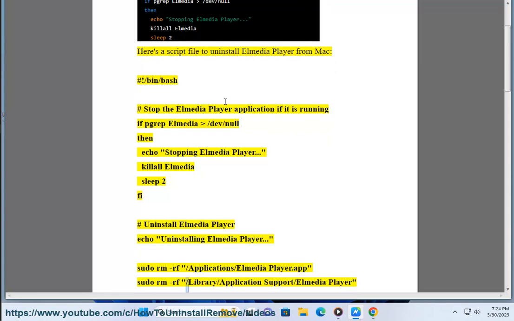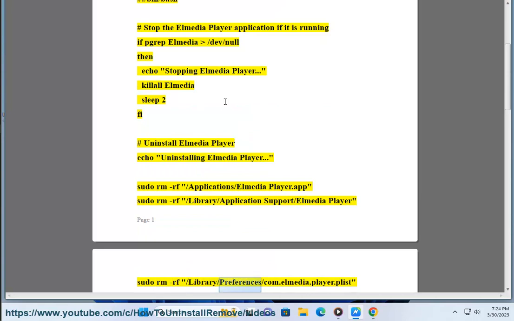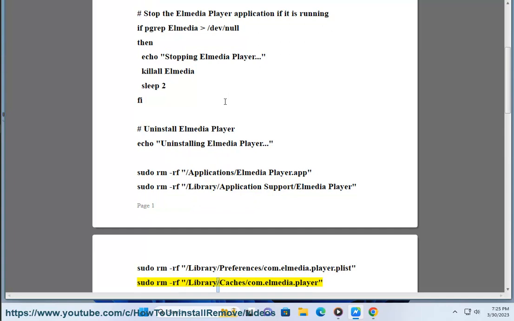rm -rf /Applications/ElmediaPlayer.app sudo rm -rf /Library/Application Support/ElmediaPlayer sudo rm -rf /Library/Preferences/com.elmedia.player.plist sudo rm -rf /Library/Caches/com.elmedia.player sudo